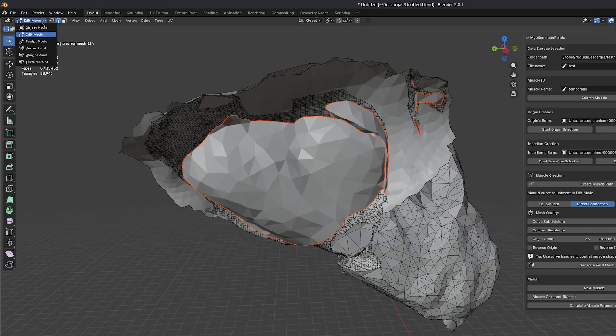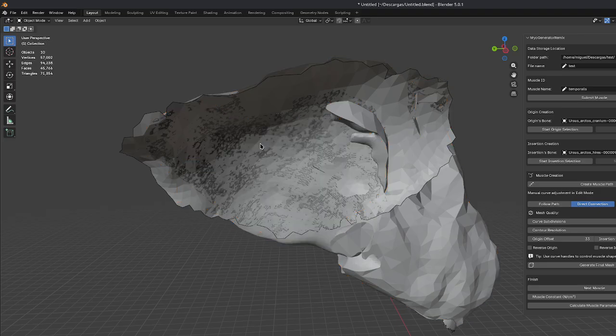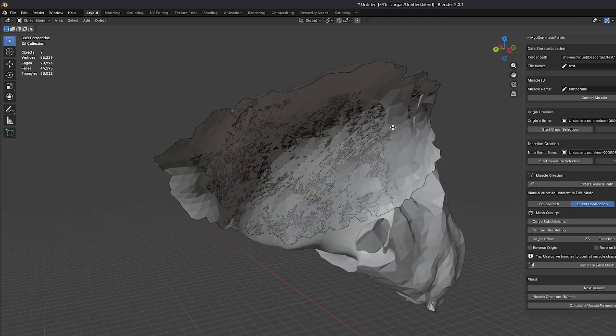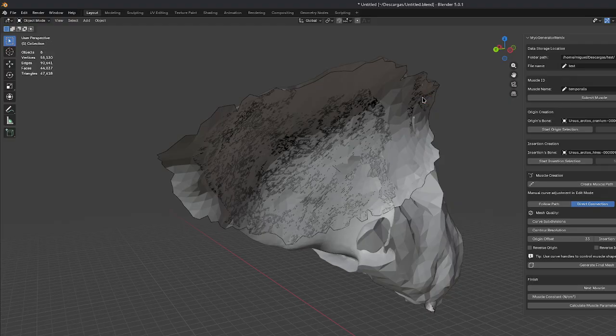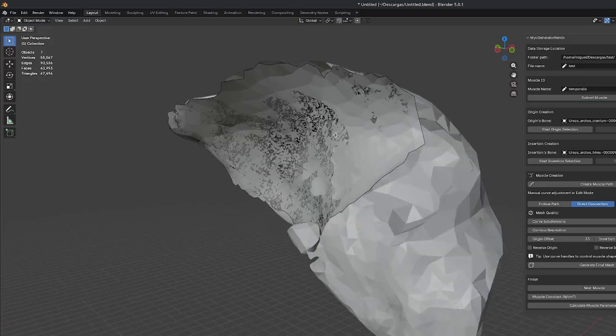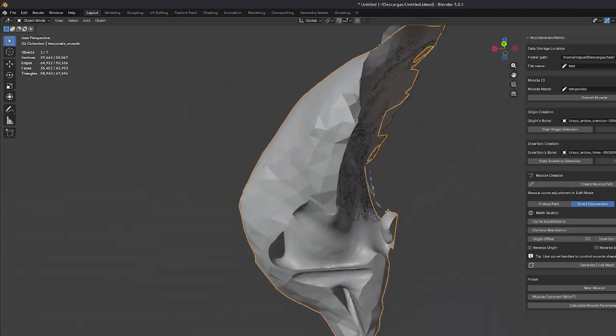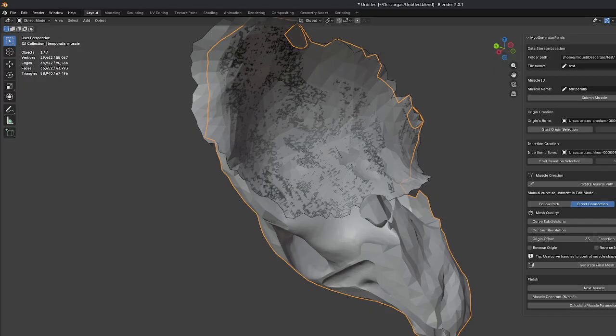Then I can delete, for example, this. I can select this. And this. Those are other meshes that are not part of the correct, let's say, the true muscle. At the end,